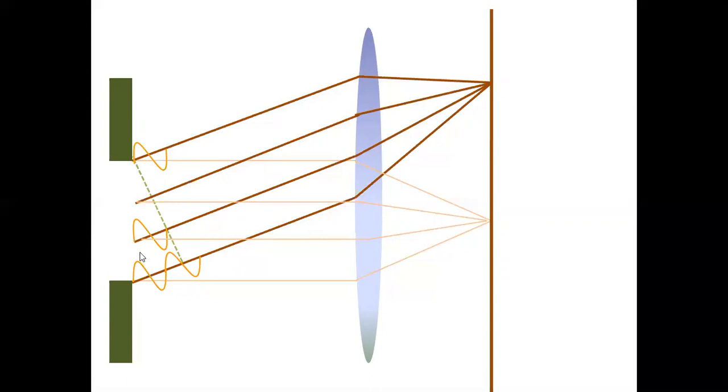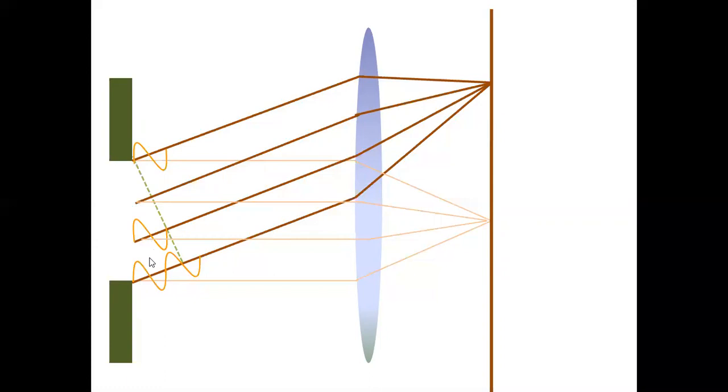Or you can take it the other way. These waves were cancelled by these waves. This survives. So finally, you get a bright fringe here. But that brightness is not as bright as this one, because here every wave contributes to the brightness. Here all the secondary waves do not contribute to the brightness. Only few secondary waves contribute to the brightness. These produce dark fringe. They destroy each other.